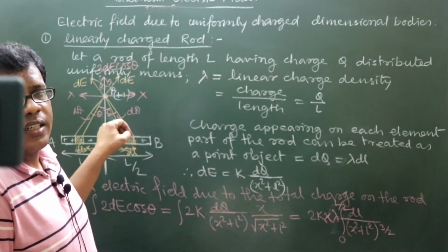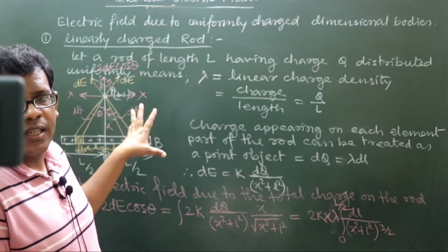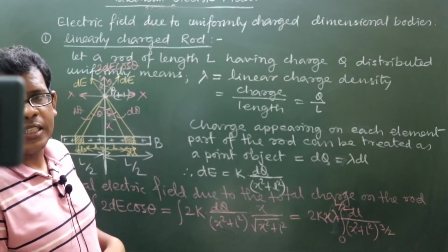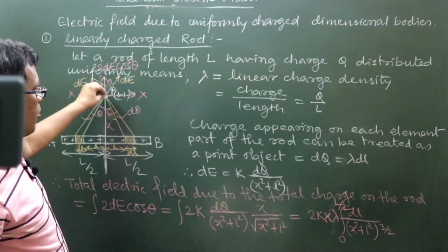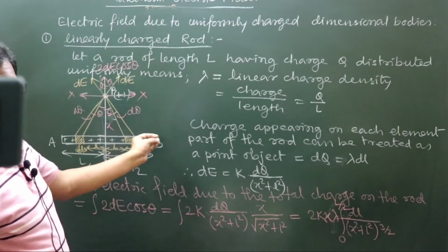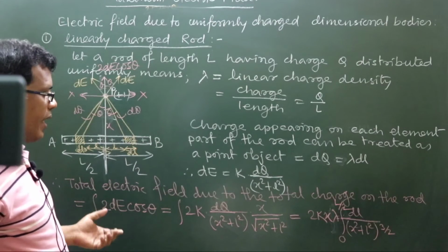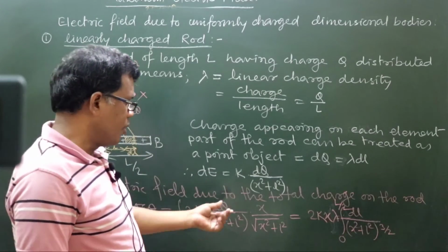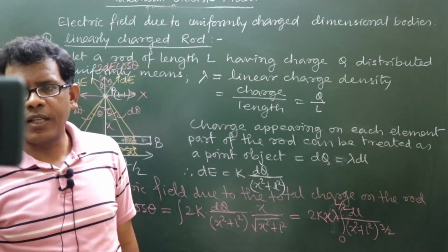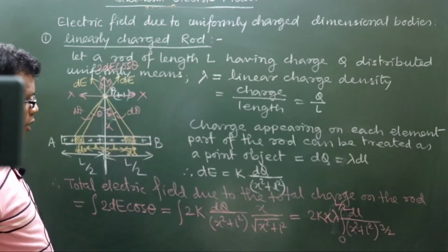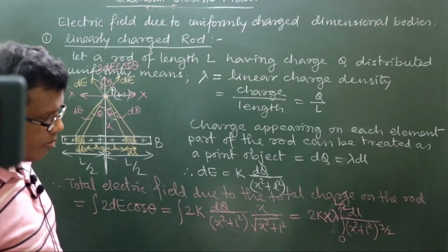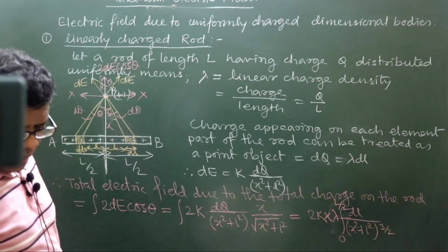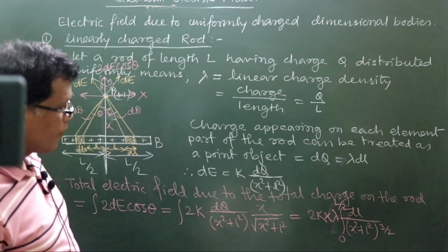And this time we are taking a specific point on the bisector, and at that point we are trying to find the electric field due to the total charge on the rod. So we are not changing the point P on the bisector line from one element to another, so x is constant here. Yes, x was isolatedly available in the numerator, that's why I could take it out, but in the denominator I can't take it out from the term x square plus l square. So x will remain in the integration.